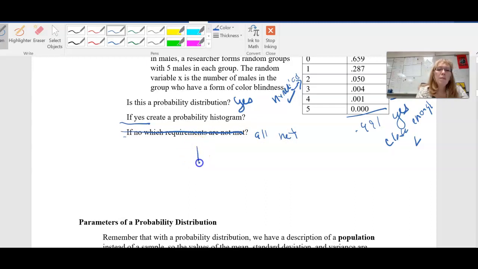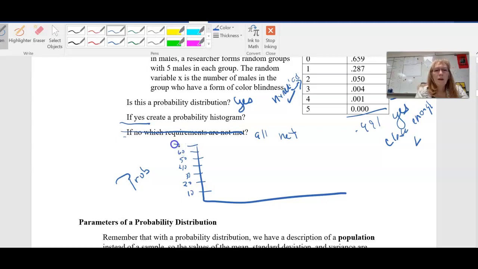So in your histogram, all right, I'm drawing on a screen, so this looks terrible. So we have on the side, the probability goes here. And we have to get all the way up to 65%. So let's go by tens. 10, 20, 30. All right, so the probability, and then we had 0, 1, 2, 3, 4, and 5. And we had to put those in. So 0 was